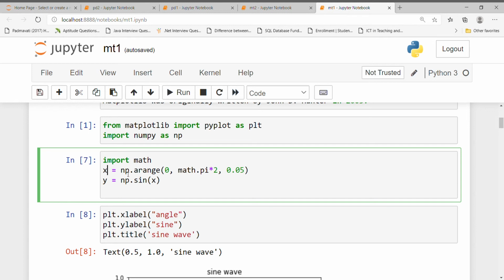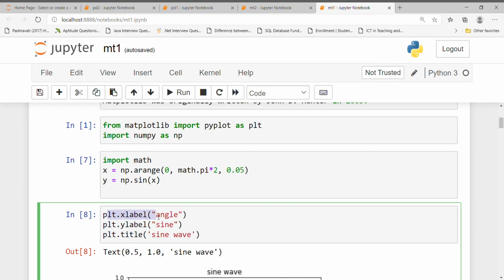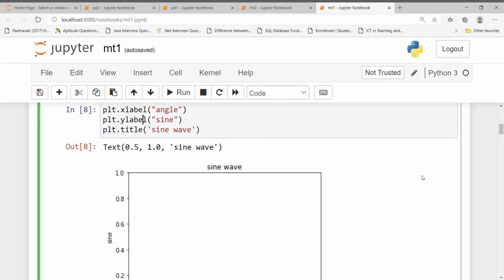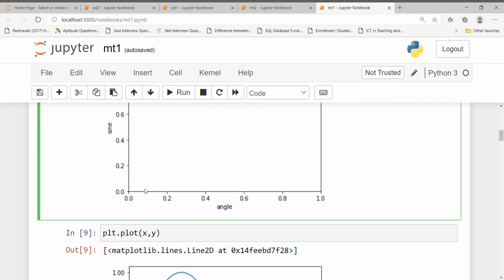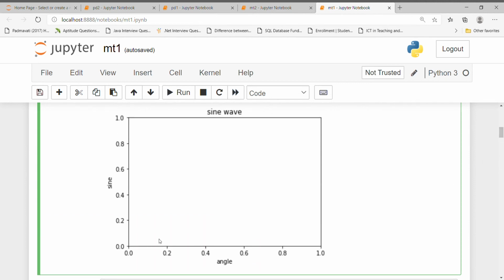For the y-axis, we take the sine of x values. plt.xlabel and plt.ylabel are used to add labels to our plot. Here we have the sine wave, which is nothing but our title, and angle and sine are nothing but our x label and y label. These are our x values and these are our y values.